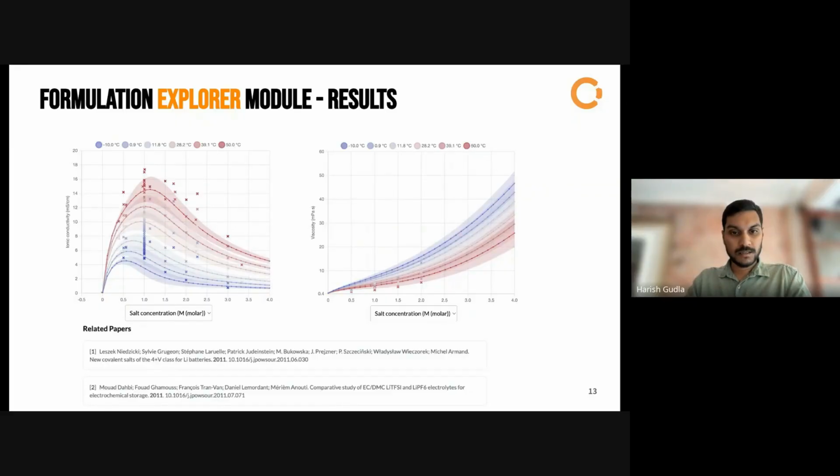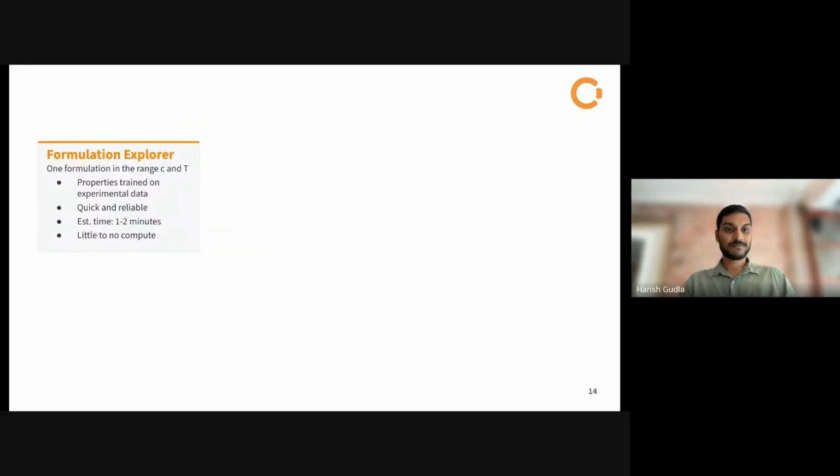It's well and good for getting predictions for these things, but the webinar is for language models, and you're all here to see why we are doing that. So right now, this Explorer is quite good for one formulation. If you want to do hundreds, you can just create multiple ones, but it takes more time. It is quick and reliable since it is trained on experimental data. It takes less than a minute, for example, to get those plots I showed, and it doesn't take much compute because these models are trained on small data points, not a few thousand, and it's very simple